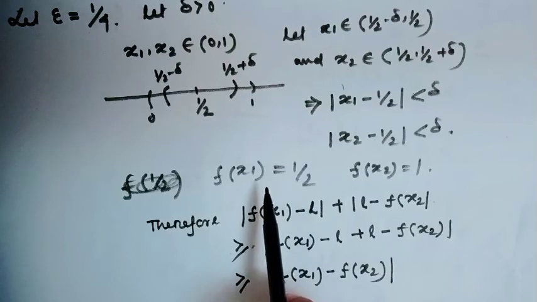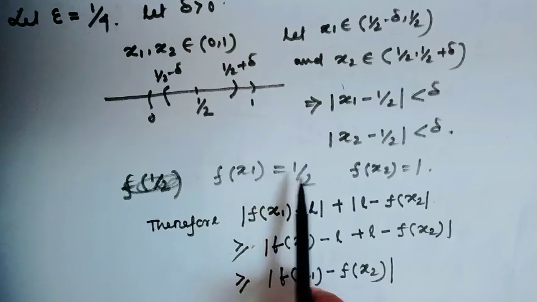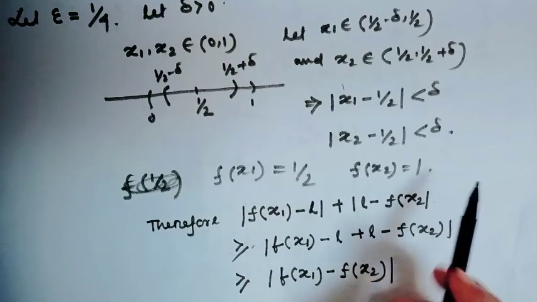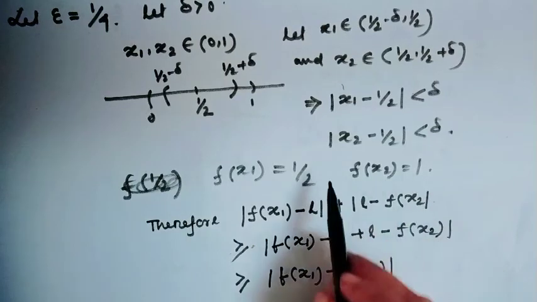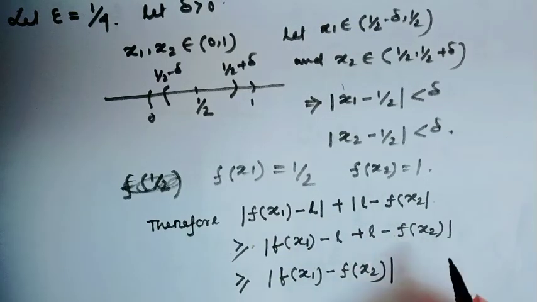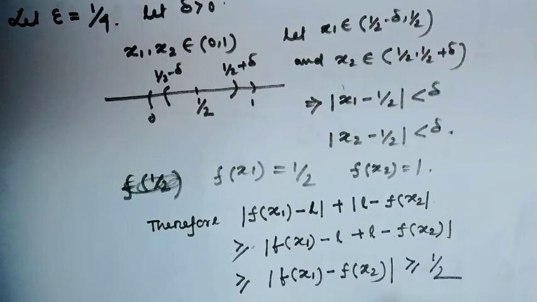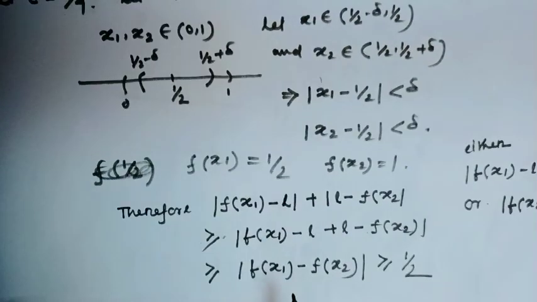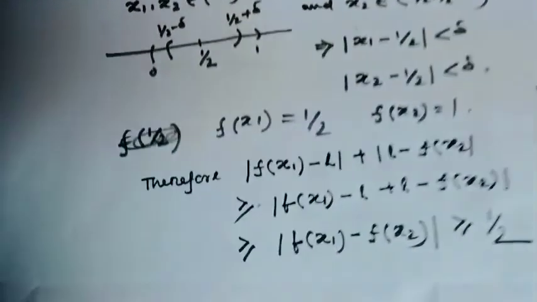And the value f of x1 is half and f of x2 is 1, that means 1 minus half, that means this is greater than or equal to half. Since from this line, the absolute value of f of x1 minus f of x2 is greater than or equal to half, that implies